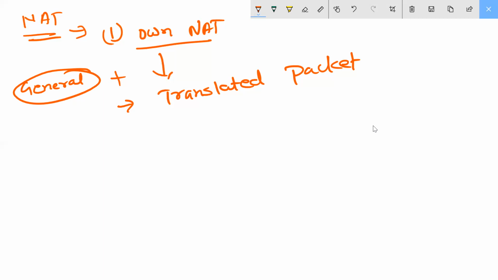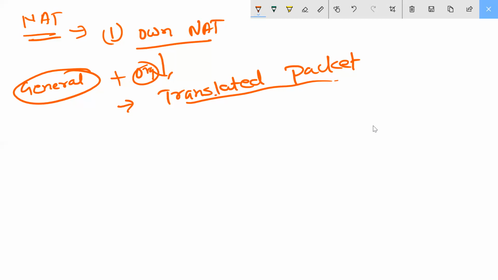I've come to NAT policies. There you have general, then original packet, then the translated packet, right? Which one should I select, the static NAT or the inside to outside? Just come here in the translated packet.